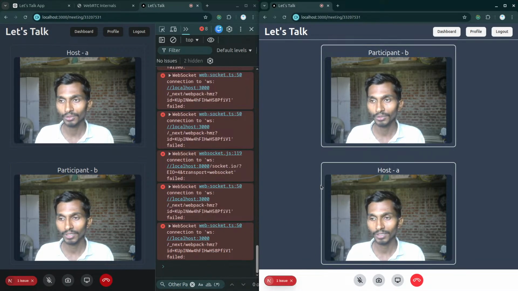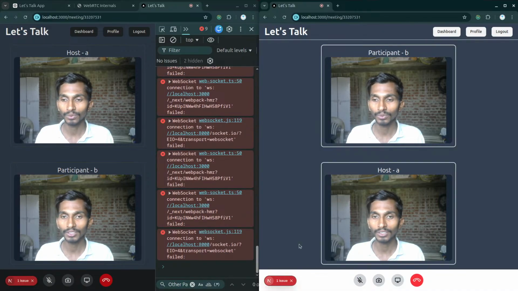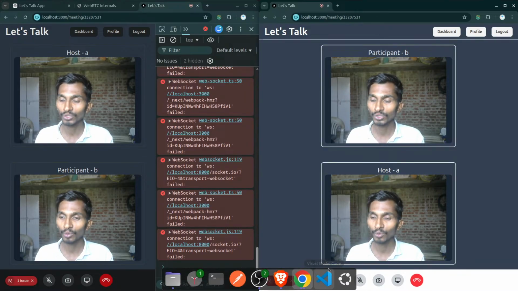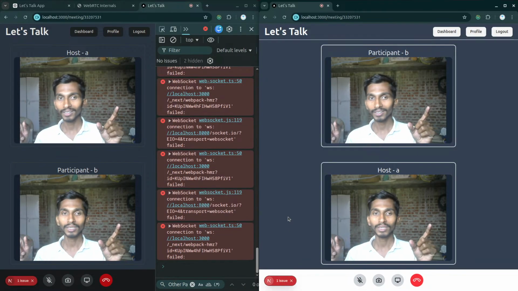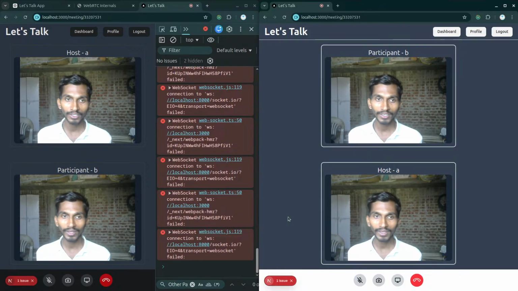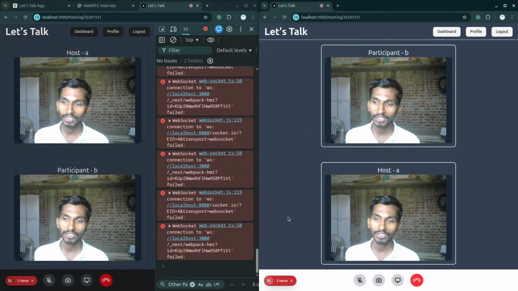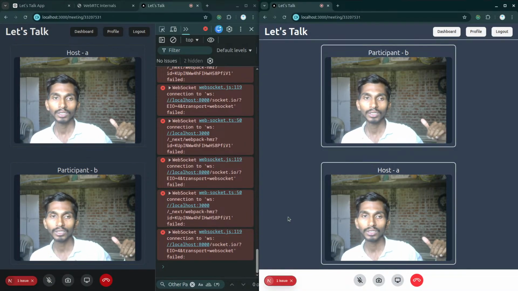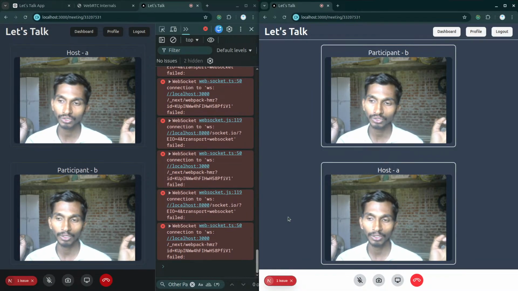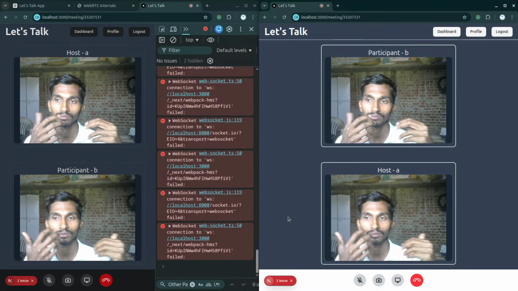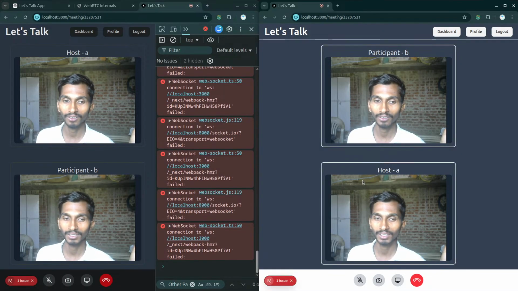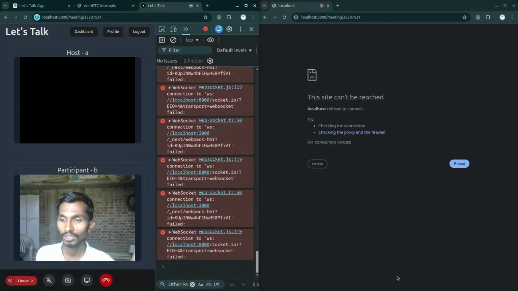It is simply saying failed to connect and all. Even though I have stopped my server, and even closed my VS Code, I'm still able to talk. Still my two browsers are connected, because a WebRTC connection does not require the server. The server is just for helping work, so that it helps you get the WebRTC connection established. Once the WebRTC connection is established, it doesn't require anything. That is why I'm still able to get things done, and I can even just stop sharing the camera. By the way, it is stopped because of the